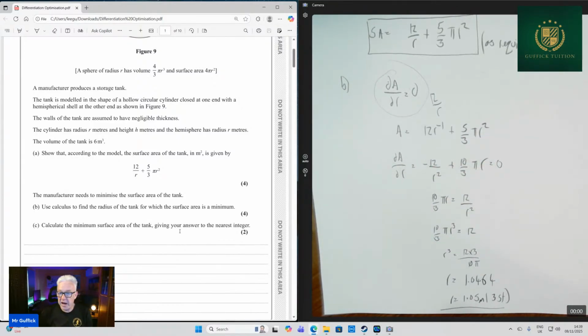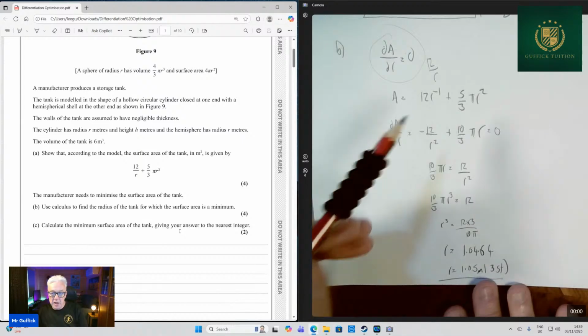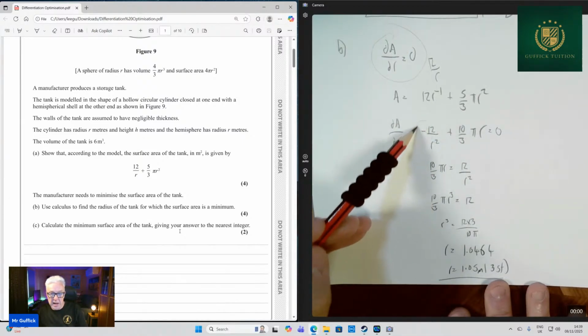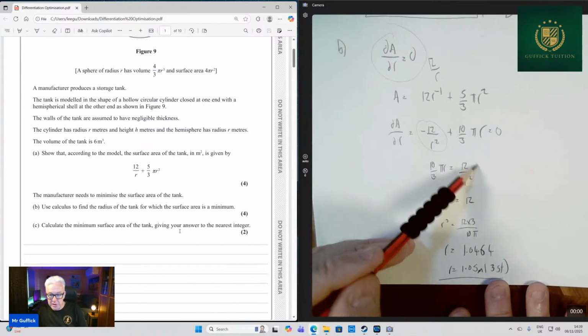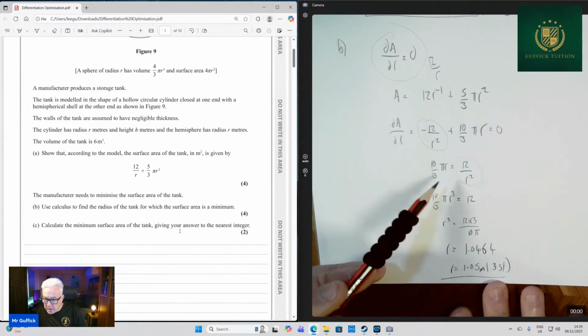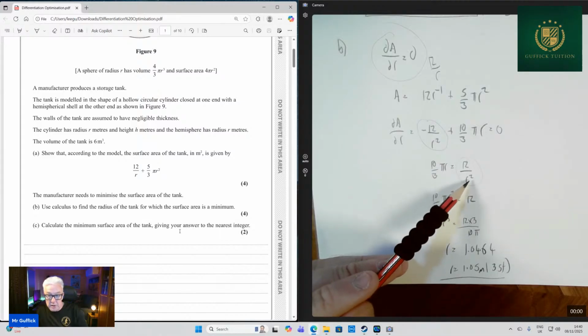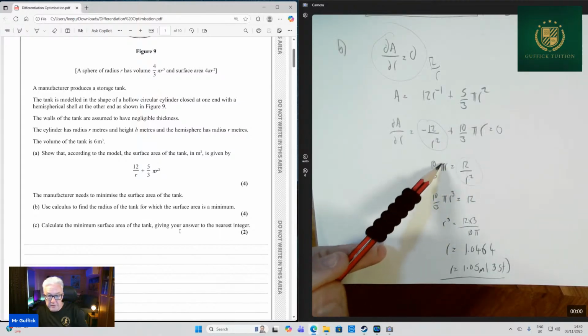And because this is a minimum, we're going to set this equal to 0. We set it equal to 0 because it's a maximum or a minimum. And then we just solve for r. So I'm going to add that 12 over r squared across to the other side. And then I'm going to make r the subject. So I'm going to times that by r squared, and I'm going to divide by